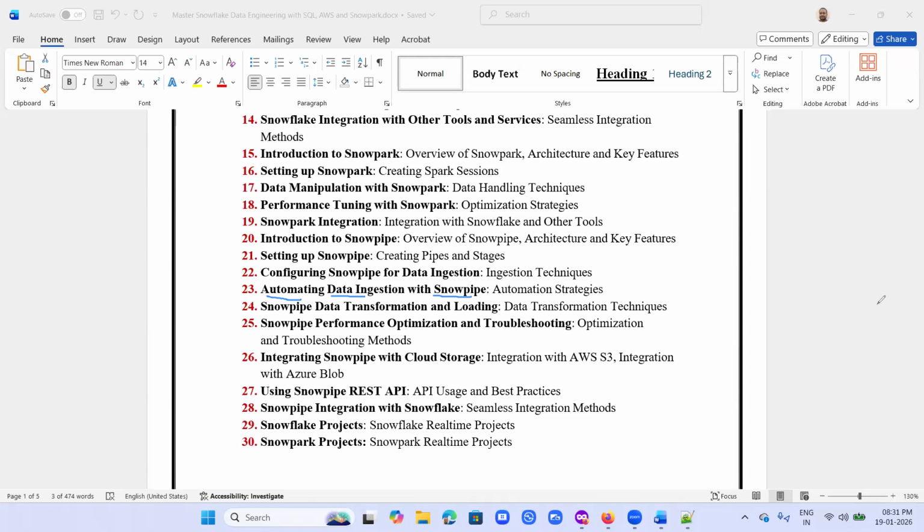Okay. And along with this Snowpipe implementation, we are going to see if performance issues occur, how we can troubleshoot, how we can optimize that Snowpipe performance. So we are going to discuss very in depth about Snowpipe,